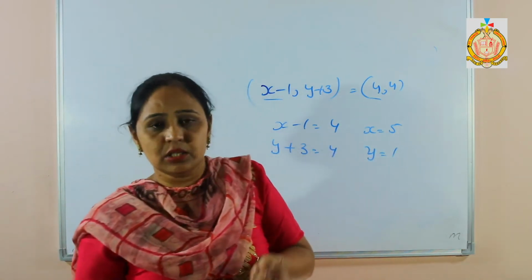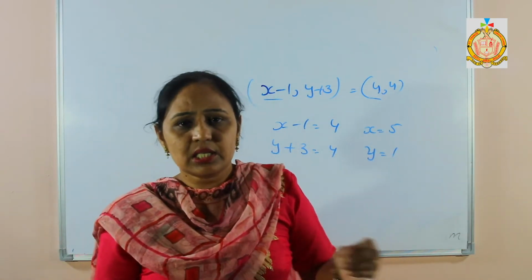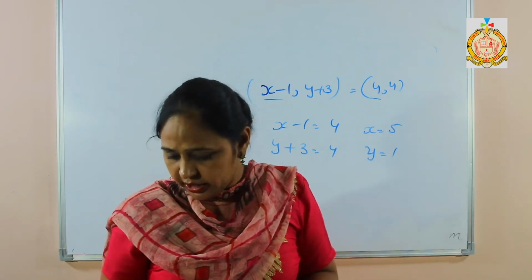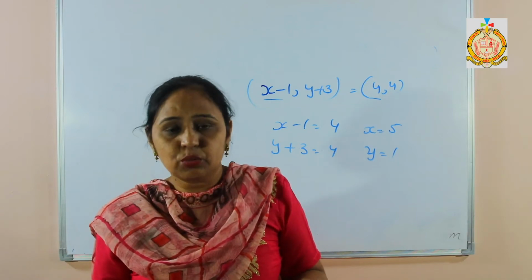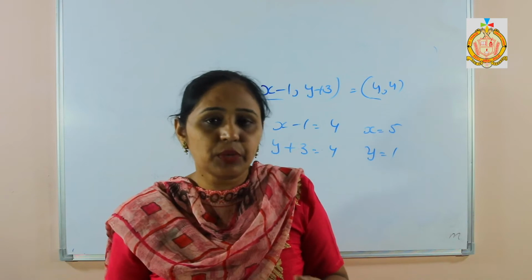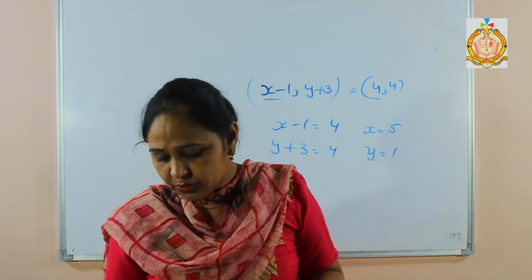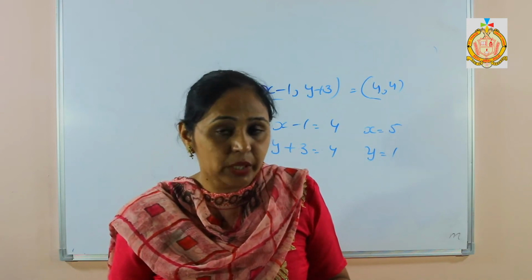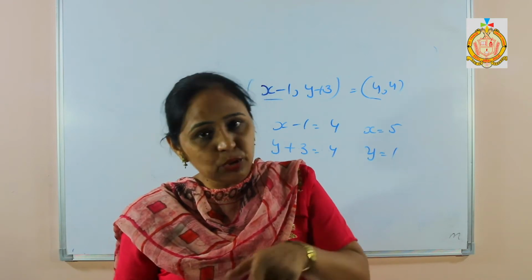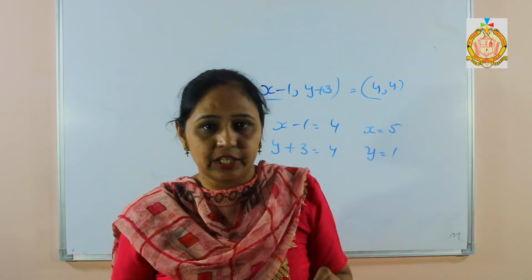This is too much easy. Two exercises are there, too much easy. Just draw the points and find the algebraic expressions. In the next one, now a graph is given. We find where the point lies, we see its abscissa, that means the value of x. Then in the next part, the ordinate, the value of y. Ordinate is 0, y value is 0. That means it will lie on the x-axis. We just identify it.